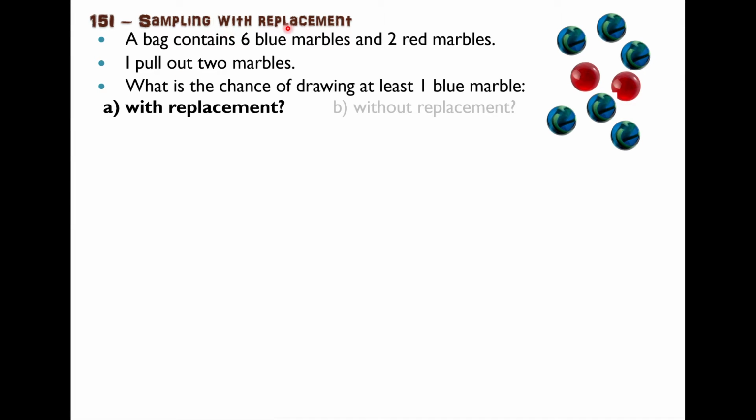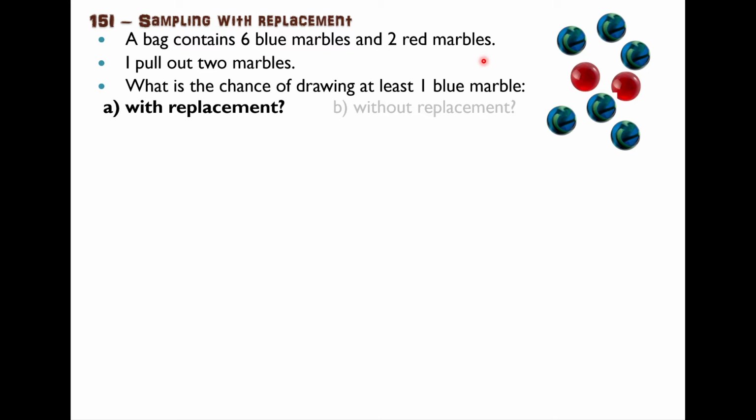Sampling with replacement. When I say sampling, I mean I've got a bag of things. In this case, it's a bag of marbles with 6 blue marbles and 2 red marbles. And I'm going to sample. I'm going to take one out and look at the colour, and then I'll do the same for another marble. And I can figure out the chance that I get both blue marbles, for example, or at least one blue